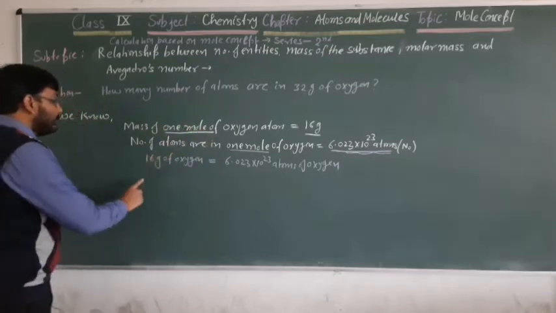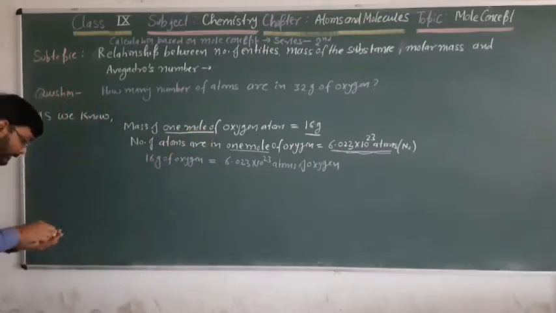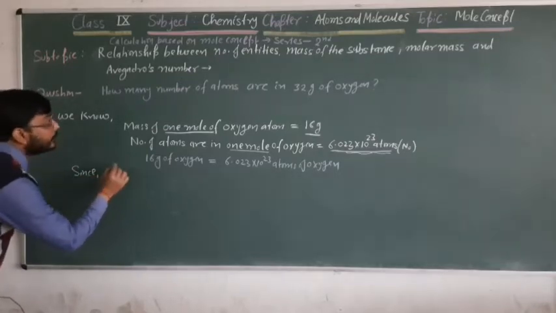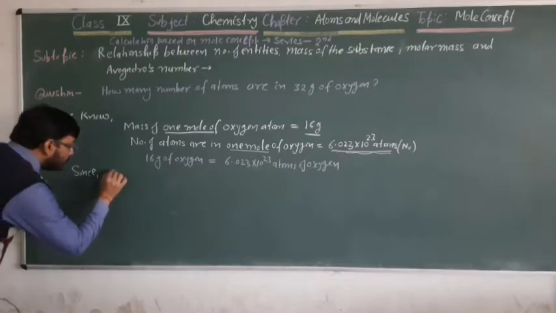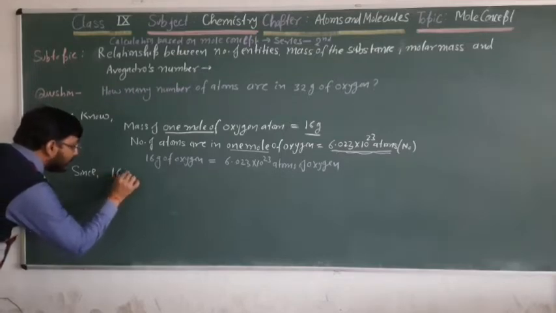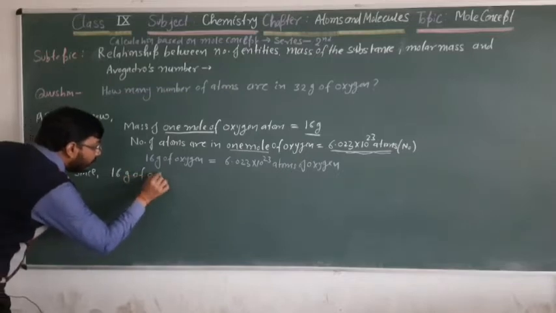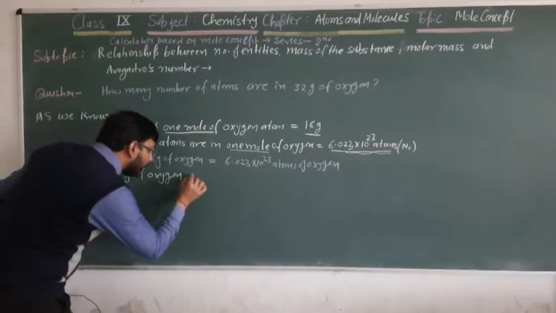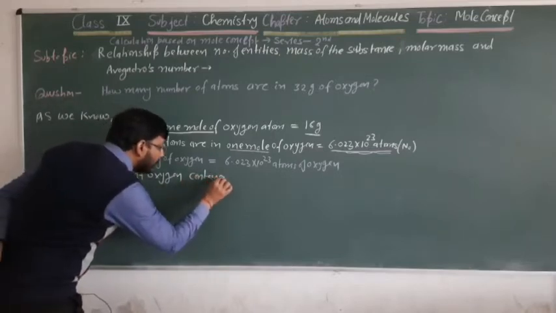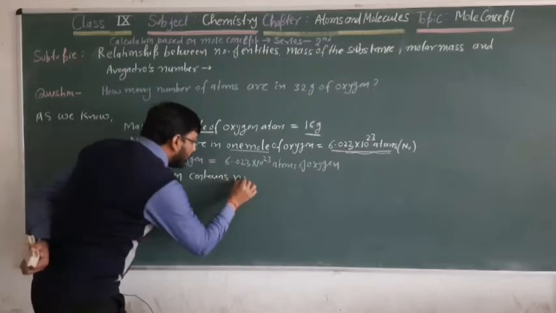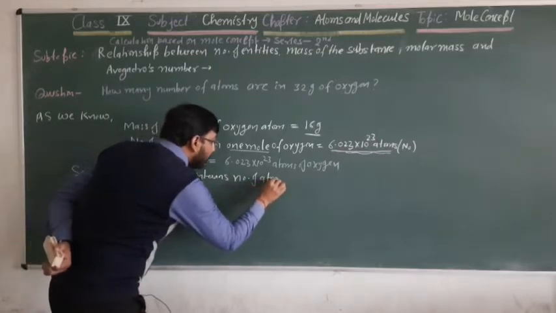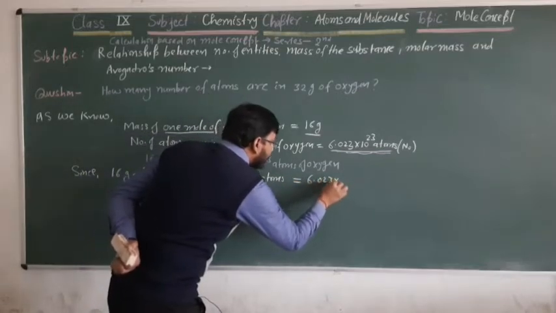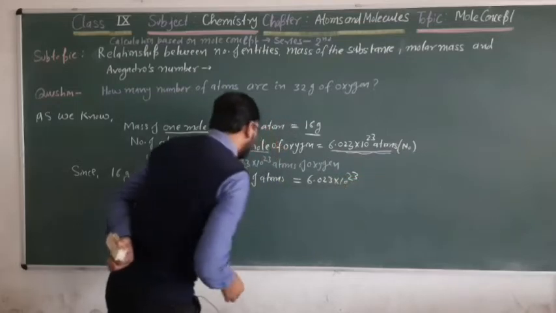Since 16 gram of oxygen contains number of atoms equal to 6.023 into 10 to the power 23,